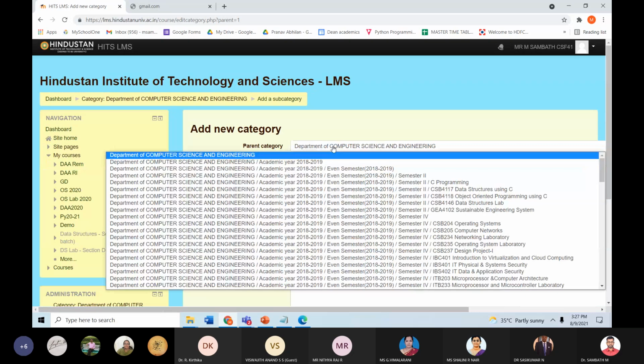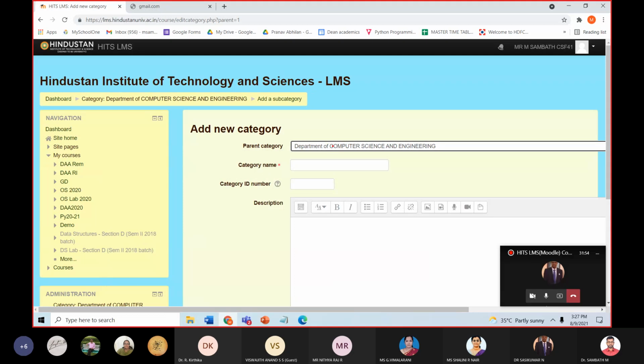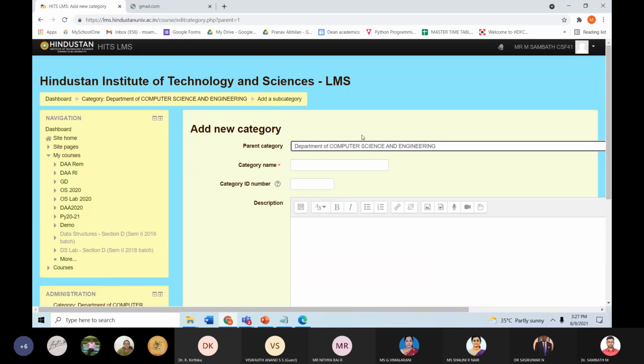It will be there automatically if you go into your department. Anyway, check once, because you should not create anything in another department. Of course, you don't have the option. Now I am going to create a category called odd semester.